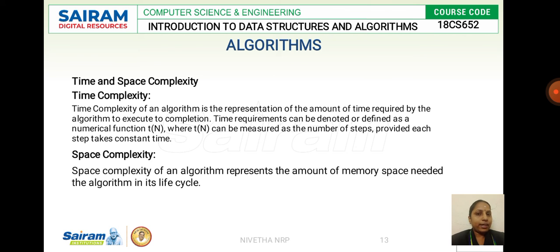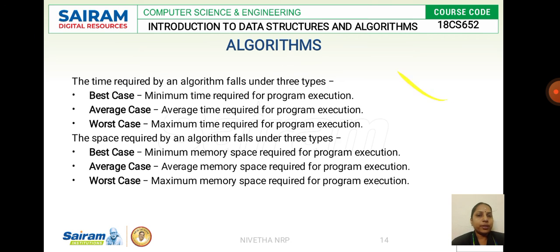Here they generally define it as a numerical function T(n), where T specifies the time taken and n specifies the number of steps involved to execute an algorithm. And for time complexity, in a constant time, how many functions it is able to carry out within a specified time is your time complexity. Space is nothing but the amount of memory that a program occupies to execute. Again, they have given the definition.